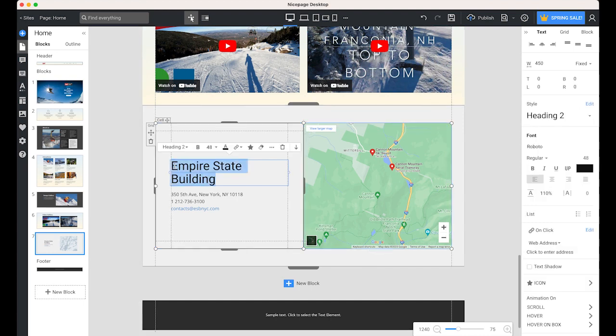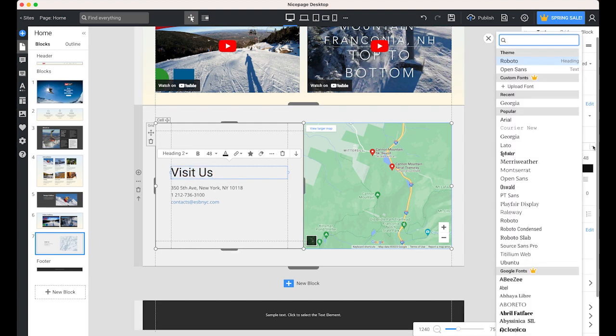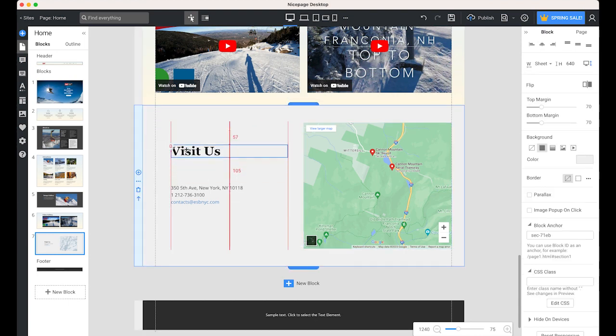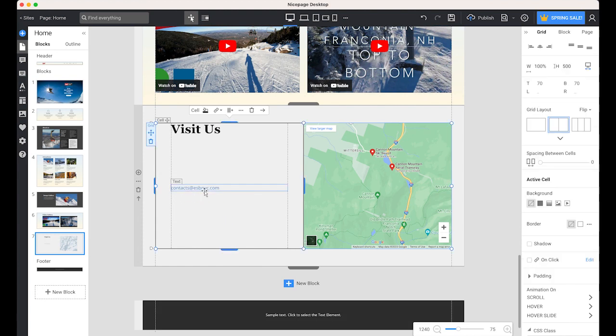So heading number 2, I want to type "Visit us", and I've been using Georgia bold. Let me place this text on top there, and this text I'm going to delete, delete and delete, and then